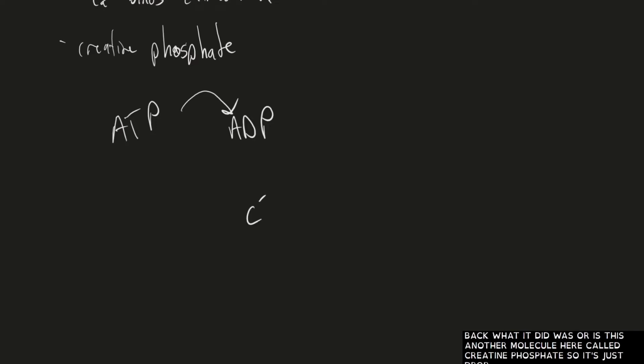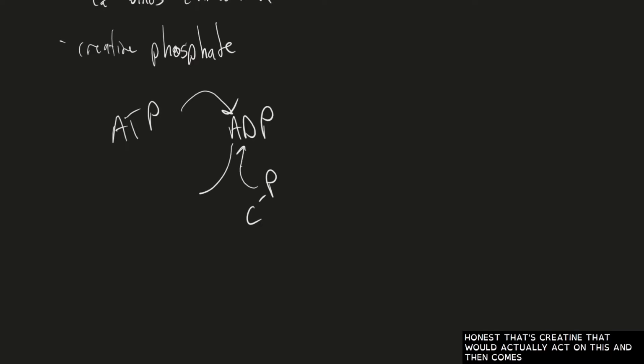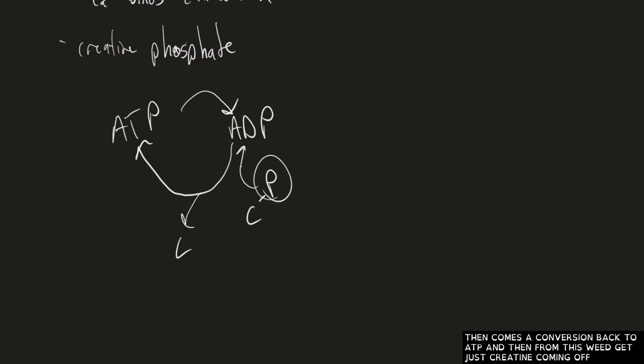So let's just draw a C with a phosphate on it. That's creatine phosphate, which would act on the ADP and cause a conversion back to ATP. And then we'd get just creatine coming off. So it would remove that phosphate group and add it to the ADP, which is kind of cool. That one only lasts a couple seconds